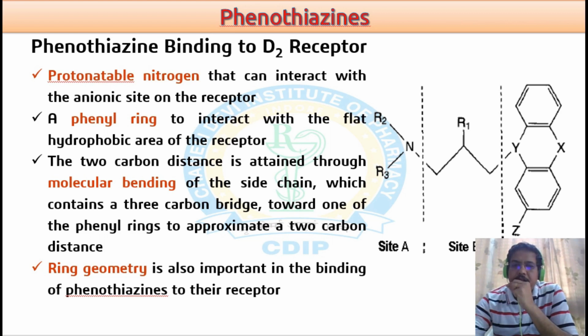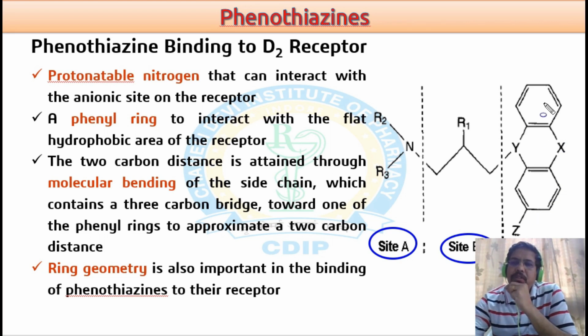One is site A, another is site C, and the linker site, that is site B. So this site A is similar to the cationic zone of dopamine, and this site C is similar to the hydrophobic zone of dopamine, and this is the linker, which is 2 carbon length in dopamine, but in phenothiazine it is 3 carbon length,